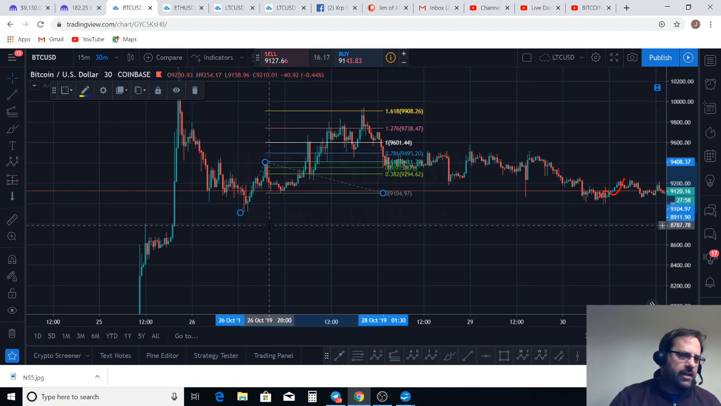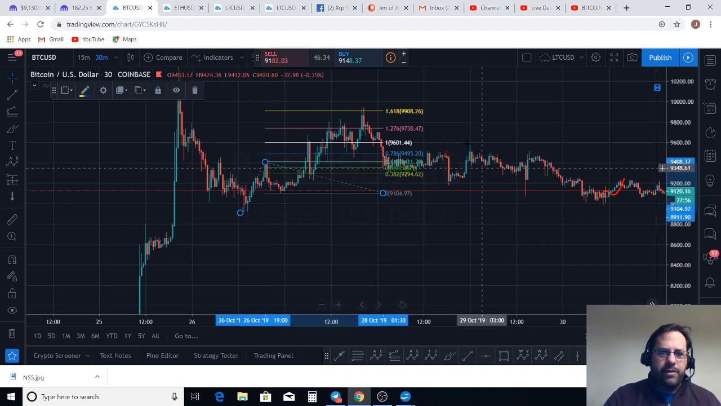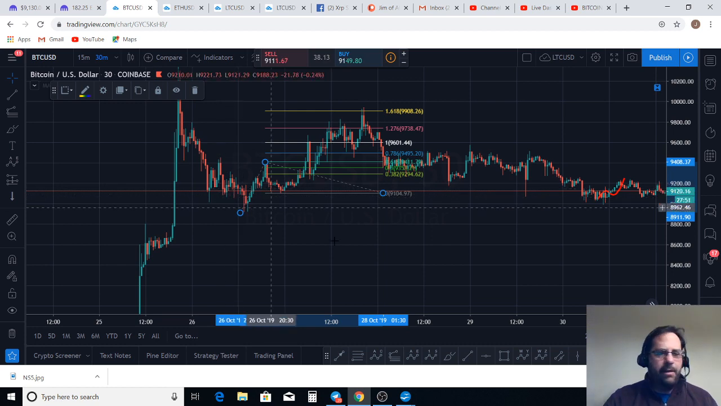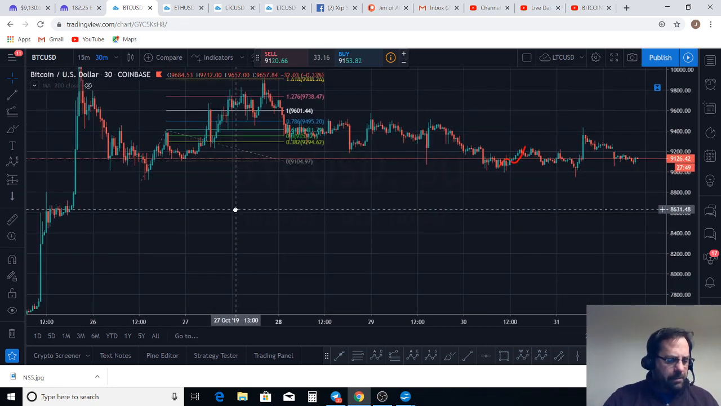Now, what I want to show you is that this wave extended to the 786. It didn't even make it to the 1618. Didn't even get close to it. So this is what we call a corrective wave. Okay, that's a corrective wave. That is not an impulse. Now, what that means is